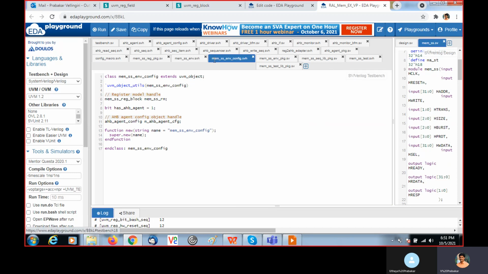Here we have SS env config. It is extended from UVM object. In this environment config file, we are instantiating the register model, the register block which we created.